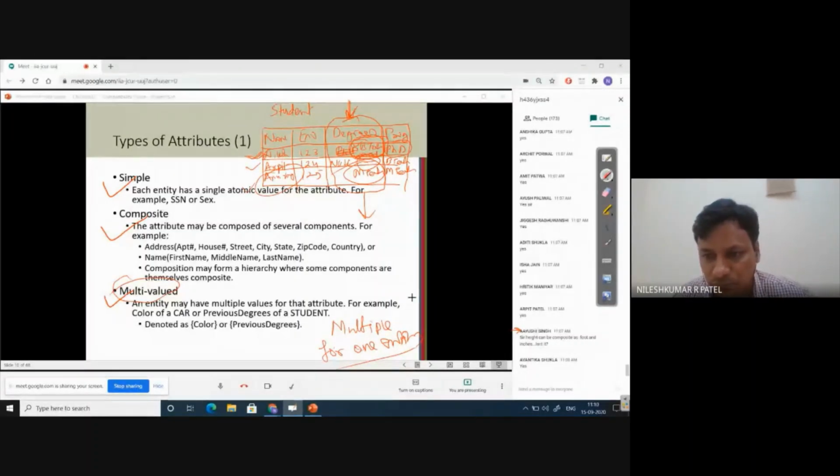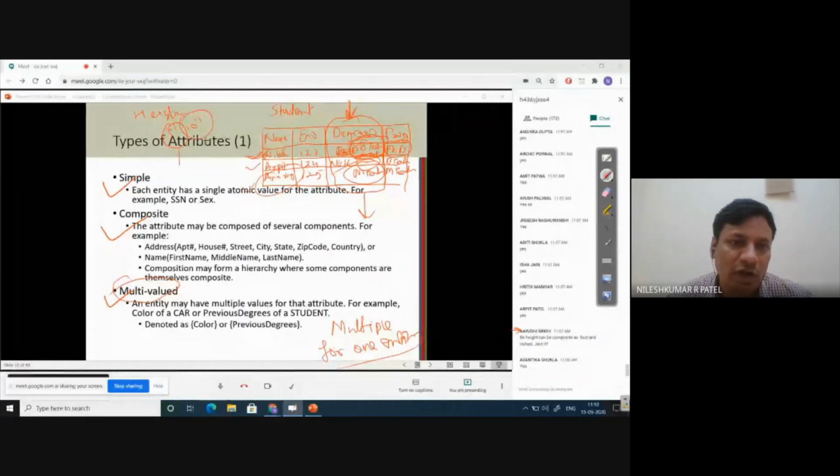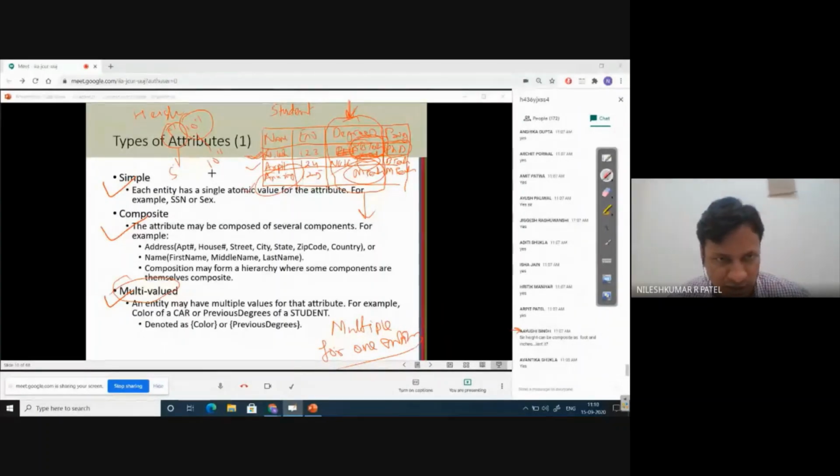If you say height is 5 feet 10 inches, and you divide these two things, what information will it reveal? It will reveal nothing. 5 feet is one piece of information, and 10 inches is another, and they do not give any information separately. That is why it is not a composite attribute.